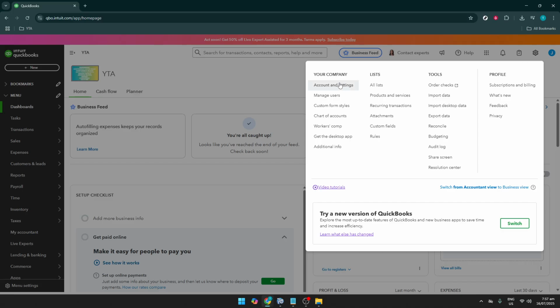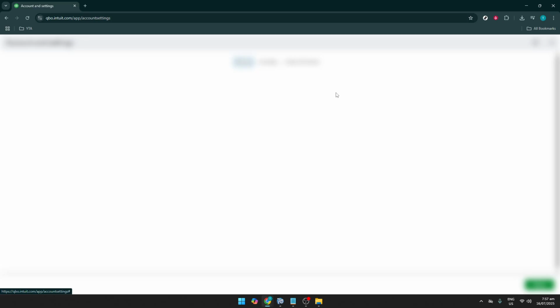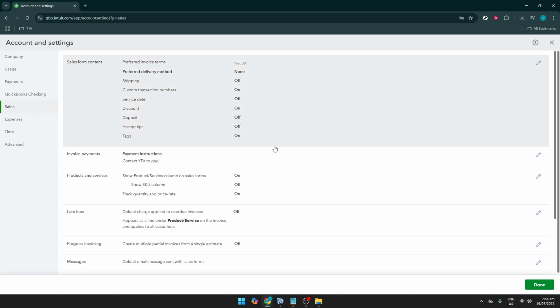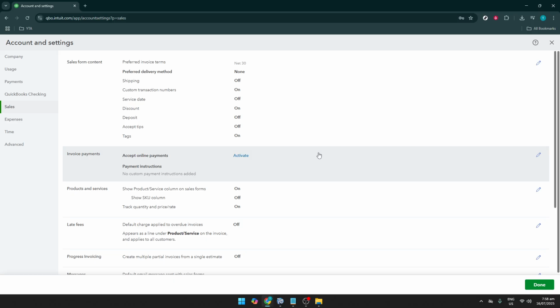From the Settings menu, you'll want to click on Account and Settings. This section is crucial as it allows you to manage details crucial to your business operations, from company preferences to how your financial transactions are handled. Once you're in Account and Settings, click on the Sales tab. This will take you to a new section where you can adjust settings related to how sales are processed and